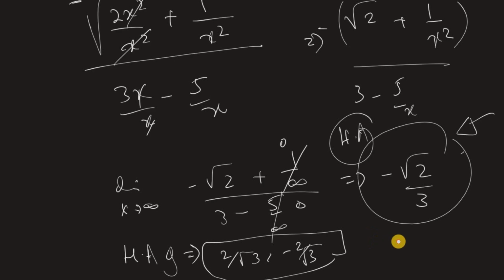So for your horizontal asymptote, you can say the horizontal asymptote exists at 2 points, square root of 2 over 3 and negative square root of 2 over 3, and the vertical asymptote we already listed, that was 5 over 3. So that was it for today's video, and I'll see you guys in the next video,